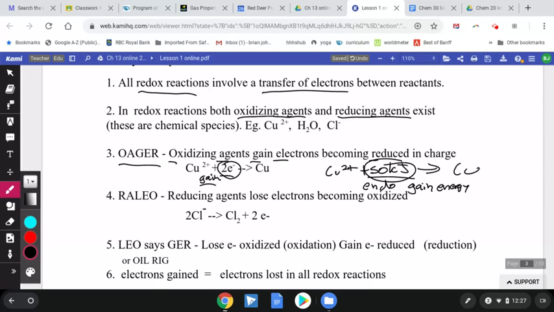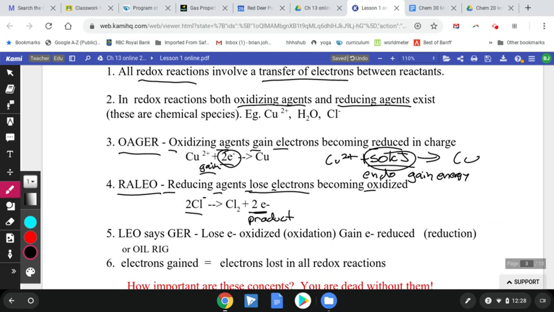And then the same thing for a loss. If we had energy, exothermic, we would put energy on the product side and we would say the reaction is losing energy. When electrons are on the product side, we say that the reactant has lost electrons. So it would be a reducing agent. Reducing agents lose electrons and become oxidized. RIG and OIL. The other terms you'll see are LEO